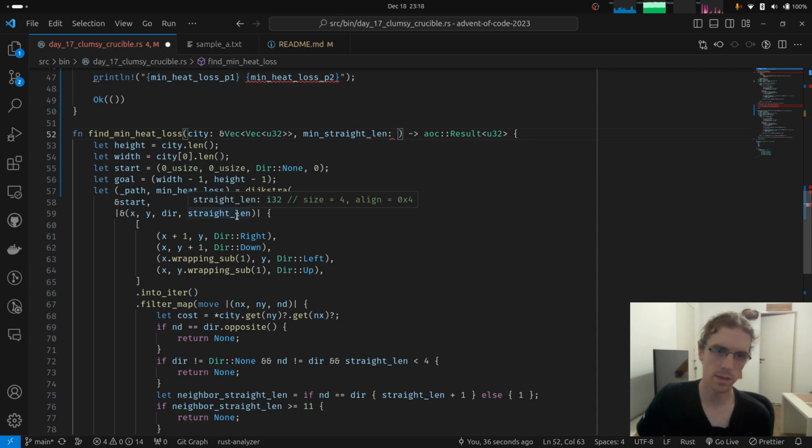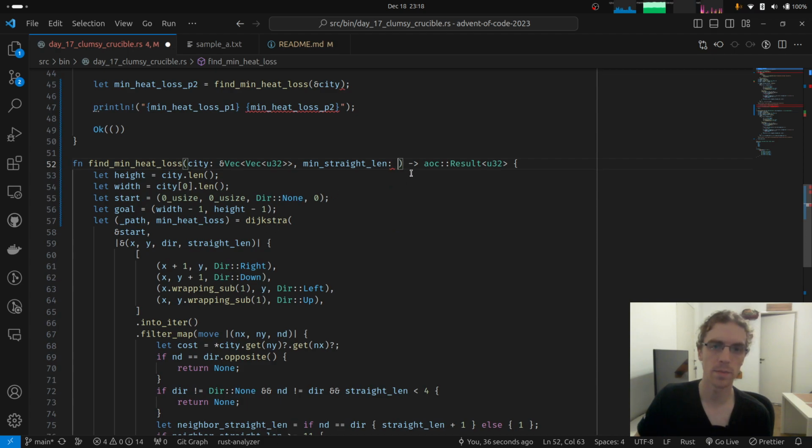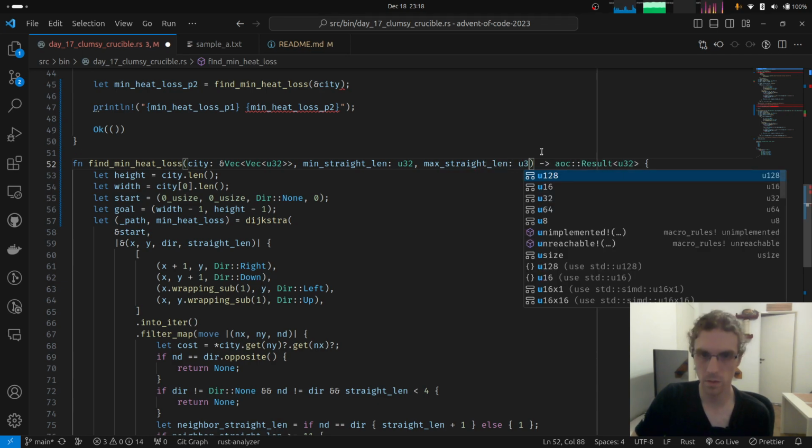What are these things? I32, weird, I guess it's using just the default number type. Let's have a U32, I guess. And max straight length, which is also a U32.